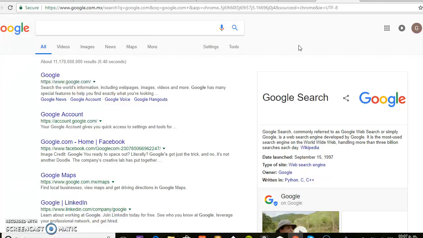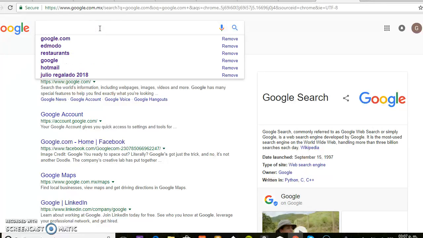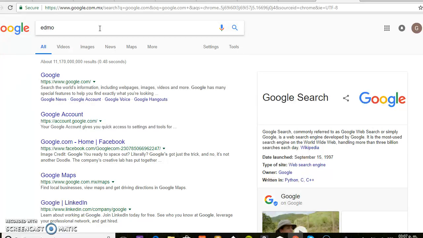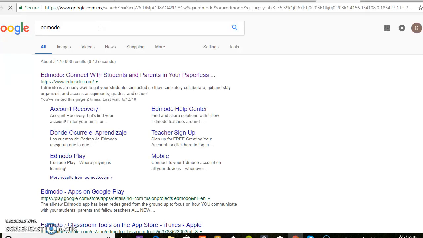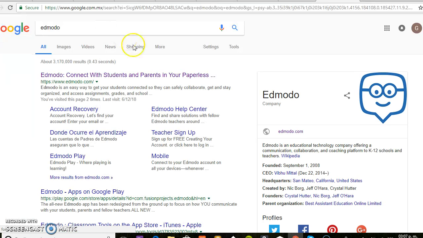So first of all, guys, you have to go to your Google search or any other kind of search engine that you use, and then you're gonna write down Edmodo. Here I actually have it already, so it's gonna pop up there. There you go, Edmodo. Search for that app, and here it is. So we're gonna go there,